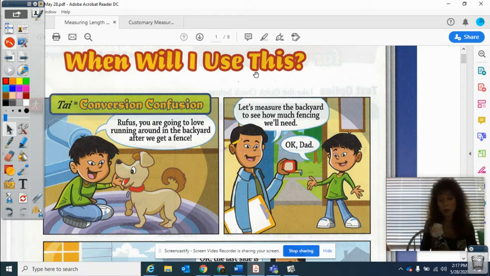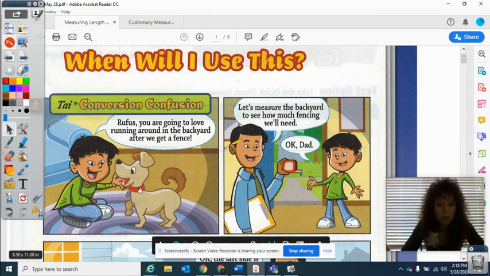Maybe I'm trying to put new carpet down. Well, I need to know how much to buy. Especially if you're spending money, you don't want to get too much. That's a waste. But you don't want to get too little because that's going to look silly. If your carpet's a couple of feet short, it might look a little silly. Okay, so